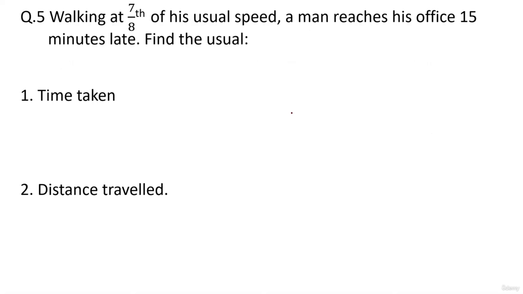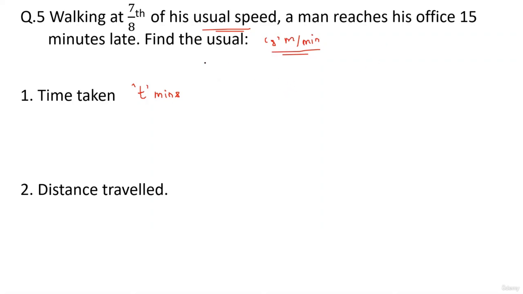Walking at 7/8 of his usual speed, a man reaches his office 15 minutes late. Find the usual time taken first, then second, the distance traveled. Okay, first we'll make equations and see. Let the usual time taken be t minutes, and let the usual speed be s meters per minute. I'm deliberately taking it in meters per minute because मुझे time भी फिर minutes में आ